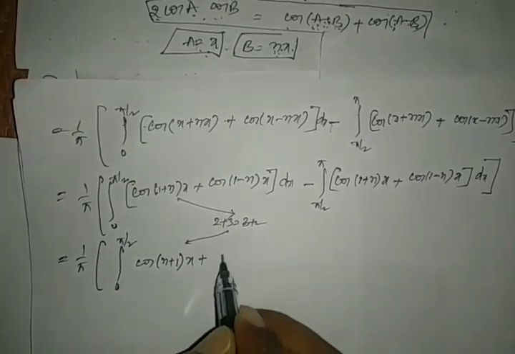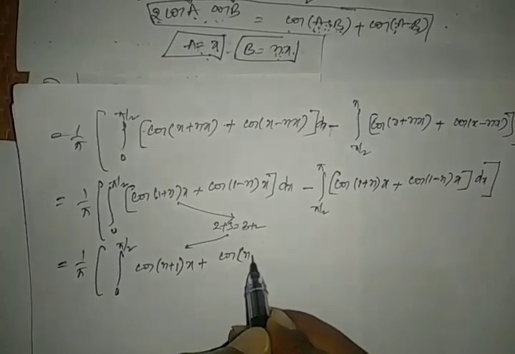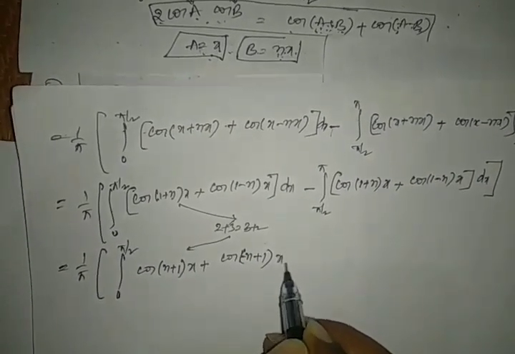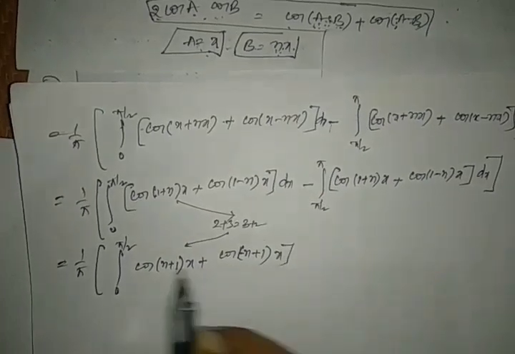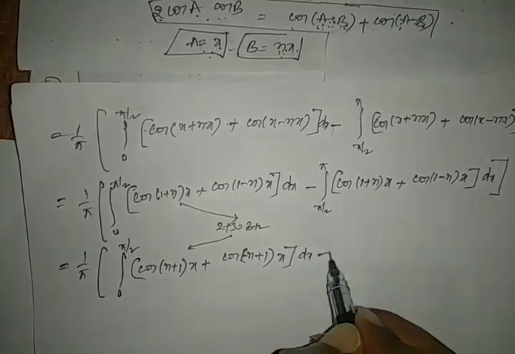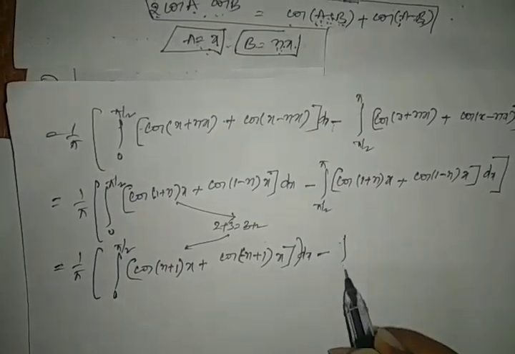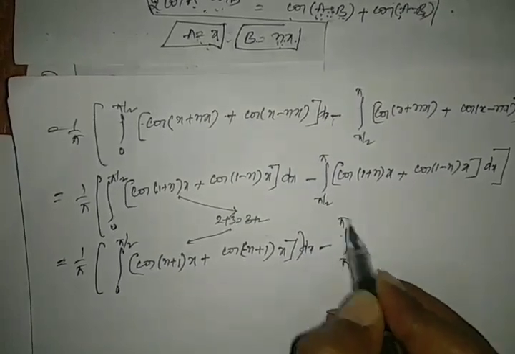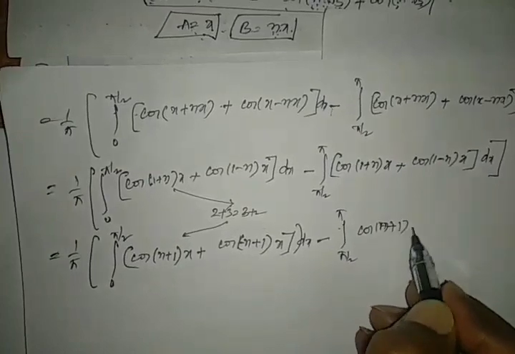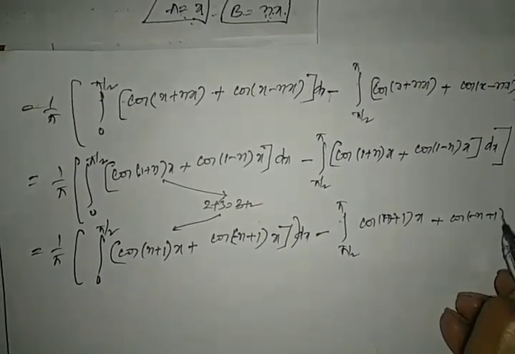So plus cos of n minus 1 into x dx, minus integral pi by 2 to pi cos of n plus 1 into x plus cos of minus n plus 1